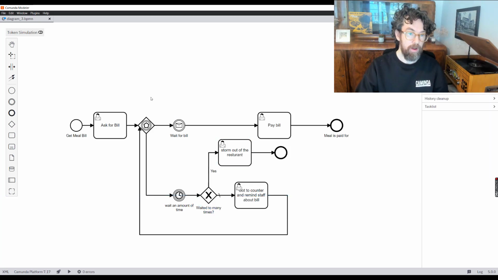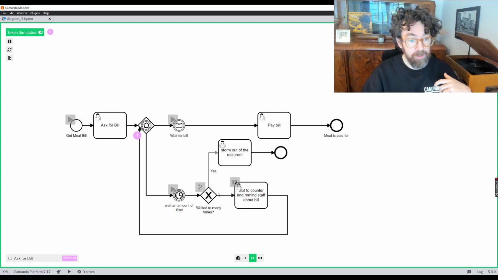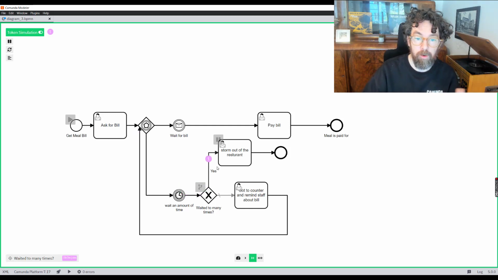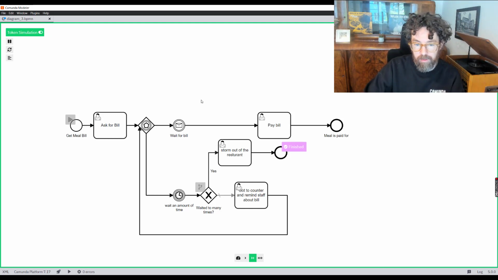Now we get to storm out of the restaurant. So in this case, we ask for our bill, we arrive here, it doesn't come, but we're going around this way. We continue. Let's remove the pause here. Now let's switch the gateways. Now we've waited already once before, so now we're just going to go up here and storm out.